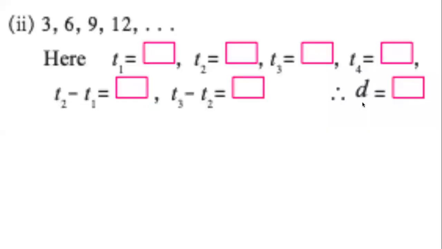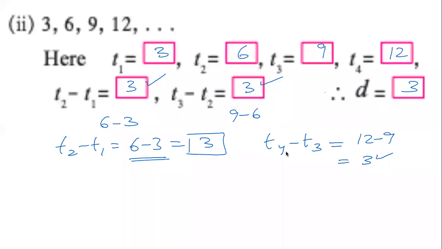Once again, solve it in the notebook. Write it in the notebook before you confirm that you have completed. Waiting for your confirmations. Once again, you have answered correctly. First term is 3. Second term is 6. Third term is 9. Fourth term is 12. As we did before, we can find the difference between the consecutive terms. Next term minus the previous term. That comes to 3 in each case. So we can say our common difference is 3.